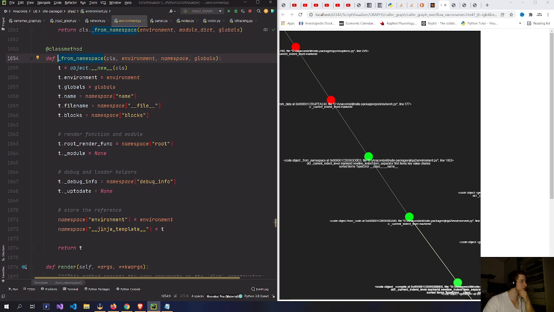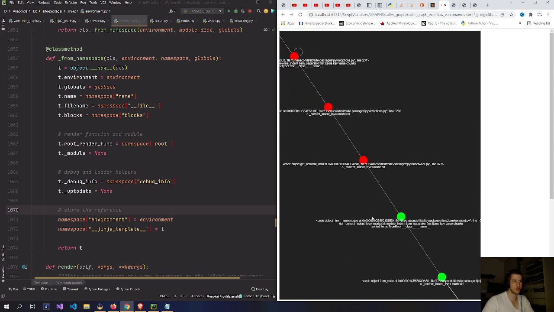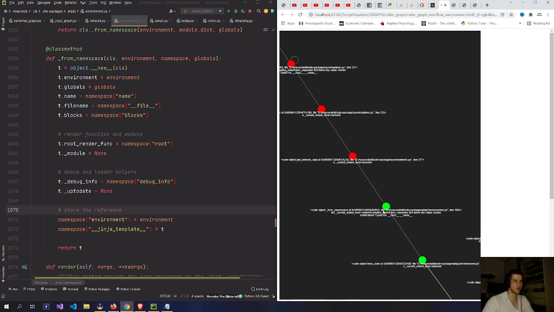Render function and module. Debug and loader helpers. Store the reference. Also from some of the videos that I see, apparently use this loader thing that I don't know really well. Then 1053, no, that's the one that I was at. Then it goes to the Pyvis again. Yeah, so here is the last step